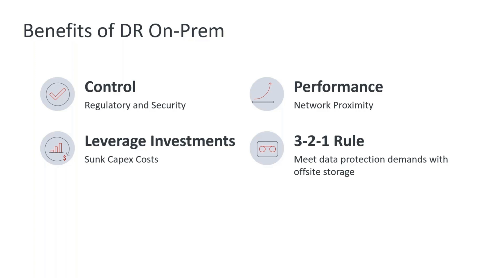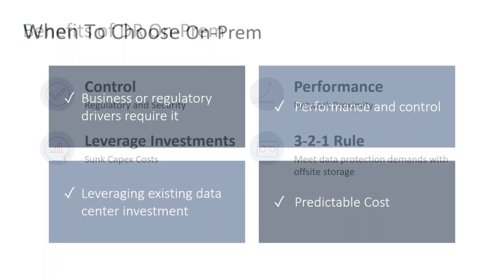Also, we see a lot of people that will take current production equipment, when they replace it, and move it to the DR site. So again, if I've already got that equipment, and it makes sense financially, that might be the right answer to do it on-prem. And then there's this concept of the 3-2-1 rule, basically that I've got copies of data on-site and off-site to be able to recover from. So by having two different data centers, they may be on-prem, but separated based on the requirements that I've looked at. These are some of the factors that can make on-prem a good option.